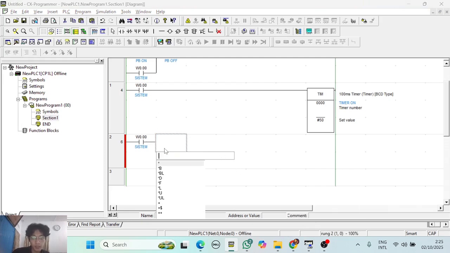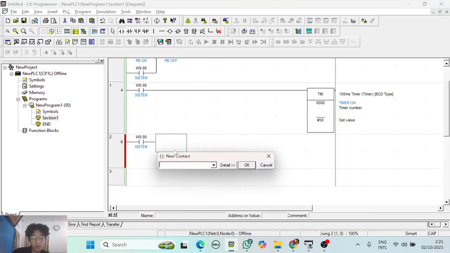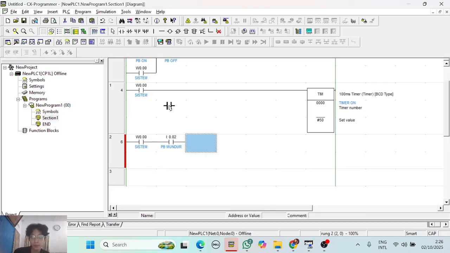And we can add the new contact. We can name it 002, and we can put the name push button countdown.